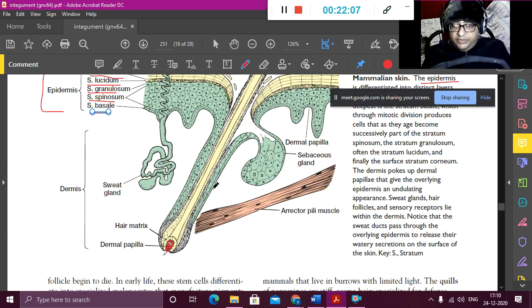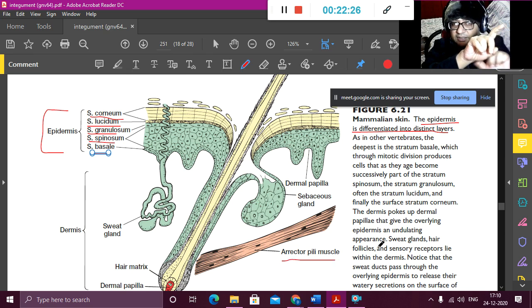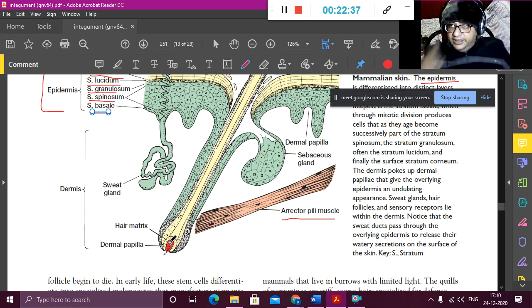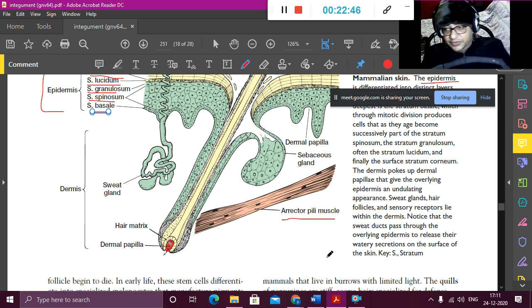So the shaft of the hair goes below. You have a dermal papilla, where hair matrix cells are grown. Then you have this special muscle known as arrector pili muscles. Whenever somebody touches your skin, rubs it slightly or tickles your skin, or during the cold, your hairs stand up. That is because this muscle contracts and your hairs become erect. After an electric shock, all your hairs go up, and that is because of this arrector pili